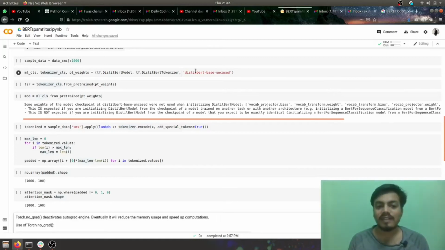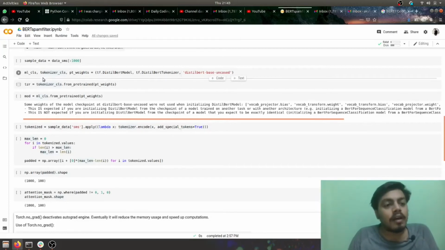It's fast, almost as efficient as BERT, somewhat lighter, and it makes computation much easier as compared to BERT. Here we will be training a spam classifier in this way: first we will use DistilBERT, after that we will use any classification ML model, like logistic regression or decision tree, and we will combine these two models, and in this way we will have a spam classifier.